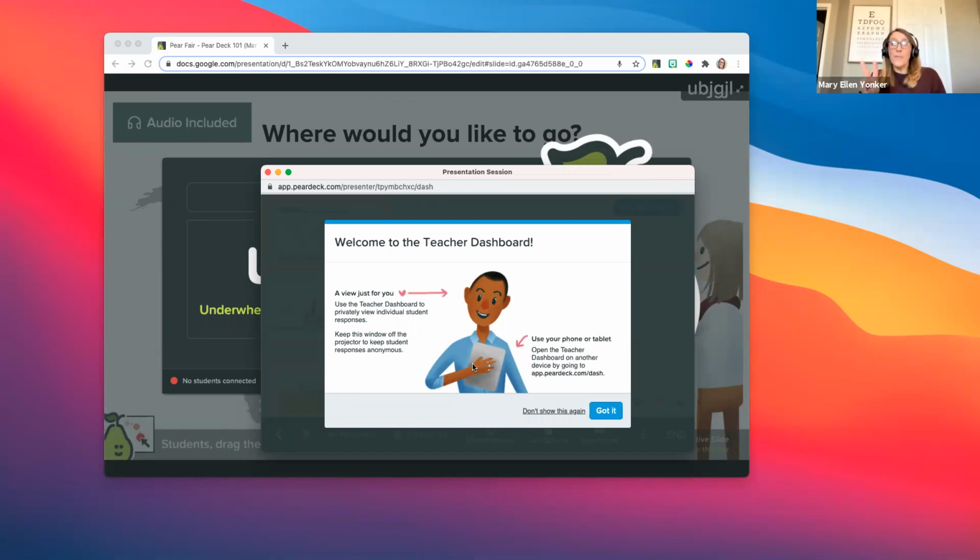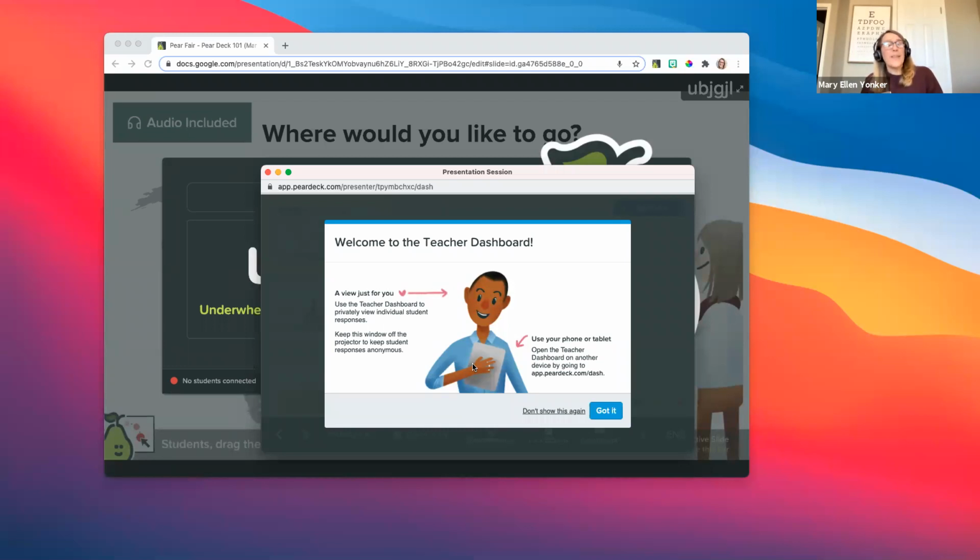The second view is our presentation view or projector view, and this is what you're going to be displaying to your students. If you're face-to-face in the classroom, you'll put it on your projector screen or on your smartboard. If you're remote, this is the screen you'll be sharing on your meeting.